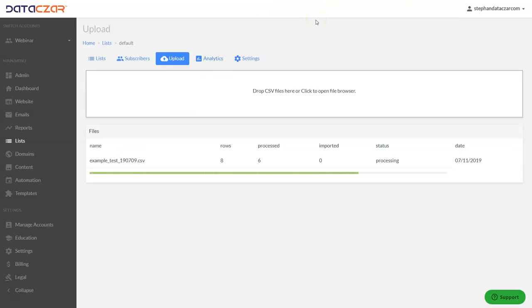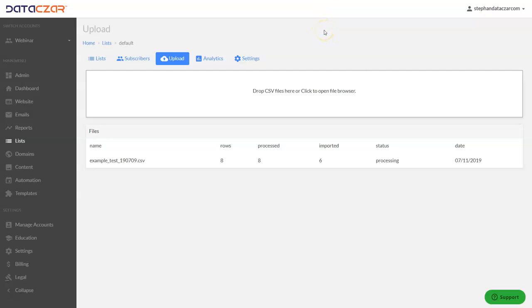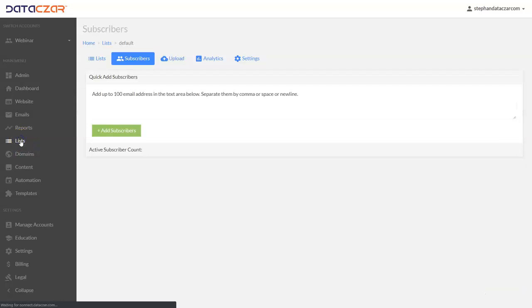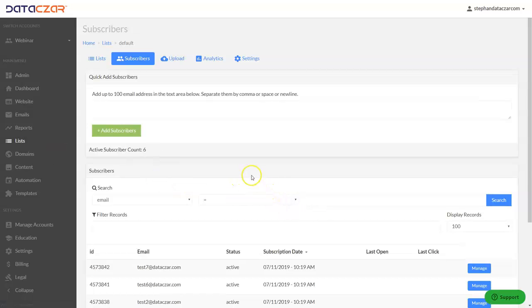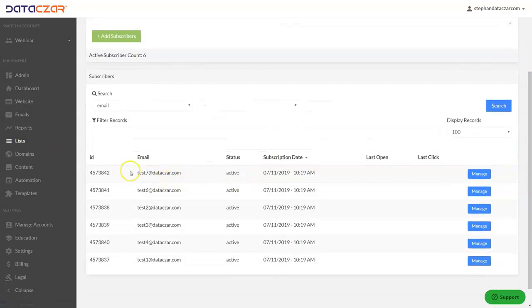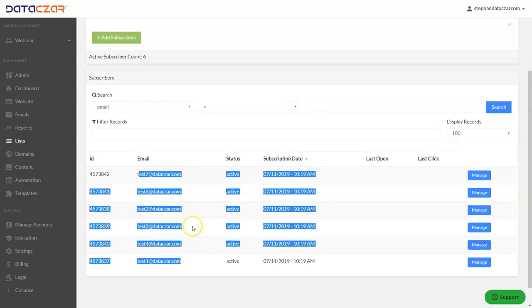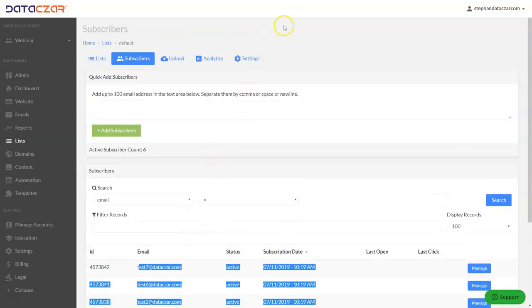Okay, so it looks like it's processing. And this should go pretty quick here because we only have a few names in there. So let's go ahead and click on Lists again. I believe that the names are going to be showing at this point. Okay, great. So now we have some active subscribers here that we loaded in,